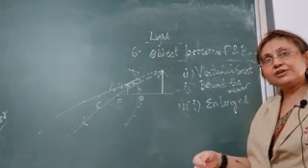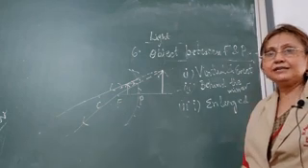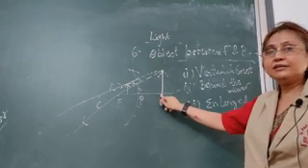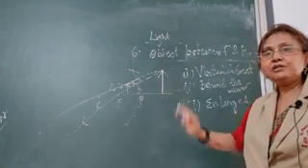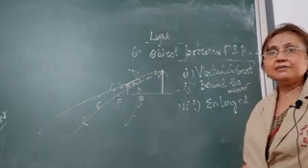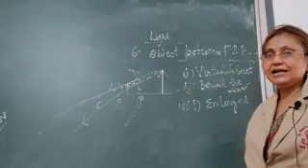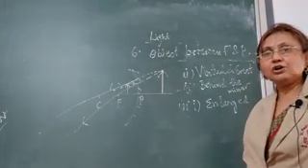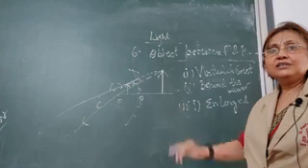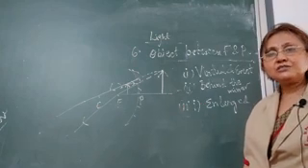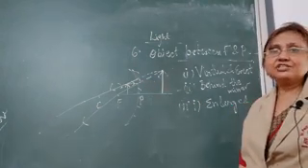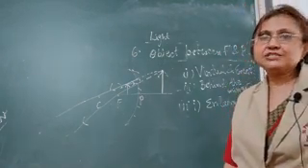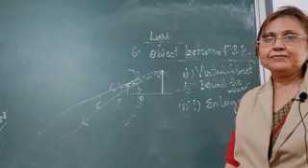Like in the plane mirror we have discussed, the image is formed behind the mirror and such an image is virtual and erect. So here also in this object position, the image formed by the concave mirror is behind the mirror, so it is virtual and erect. And the image is enlarged, bigger than the object. So this is all about the 6 different object positions when the object is placed in front of a concave mirror, and we have drawn the diagram and seen how the image is formed by the concave mirror.